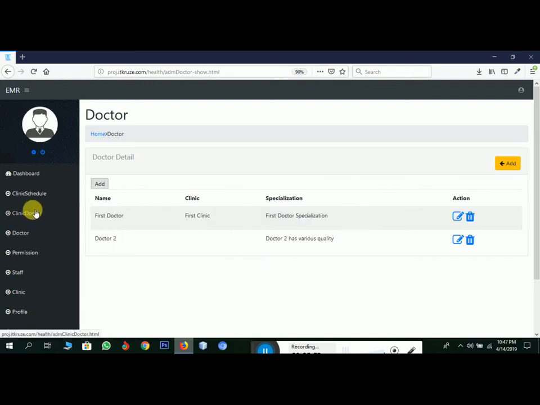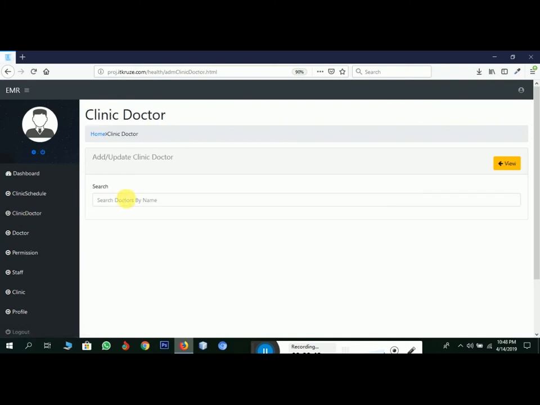Suppose I want to provide the doctor to the clinic, then I will use the clinic doctor option. Click on the clinic doctor option. It has a basic search. Here I search the doctor by name.